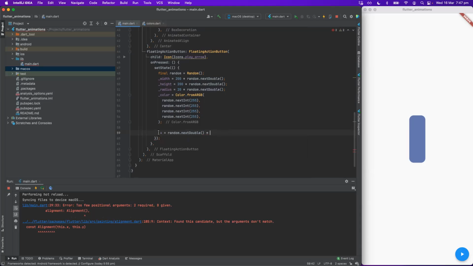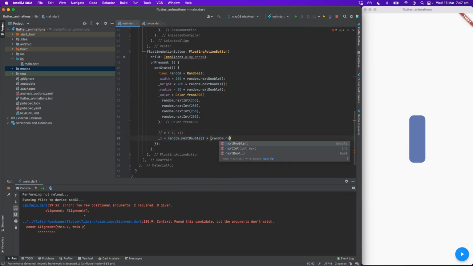So yeah, as I said, X is from -1 to +1. So we have to just generate some random double that will be a value from 0 to 1. And we have to multiply this by either -1 or +1 to have both ranges. So yeah, let's generate a new Boolean. And if it's true, it's gonna be -1.